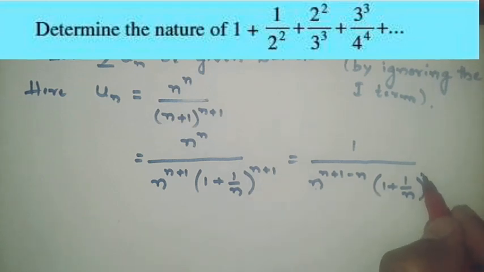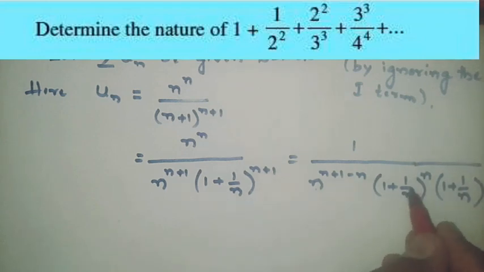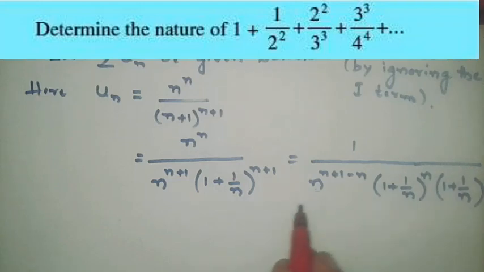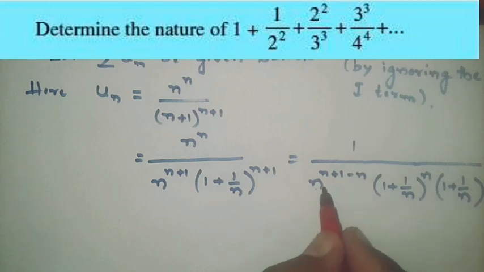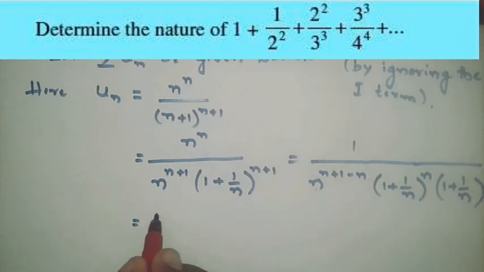Now the remaining thing, that is 1 plus 1 by n whole to the power n plus 1, can be written as 1 plus 1 by n to the power n times 1 plus 1 by n to the power of 1, split up like bracket to the power of n, bracket to the power of 1. Now this is the quantity we are having here, 1 divided by n. Let us write it outside here, and we shall take this as Vn later on into the bracket.